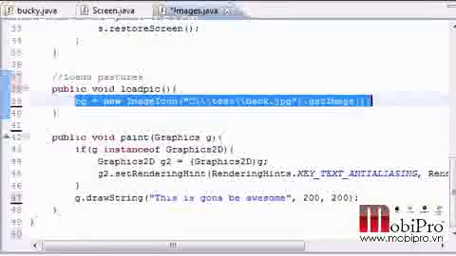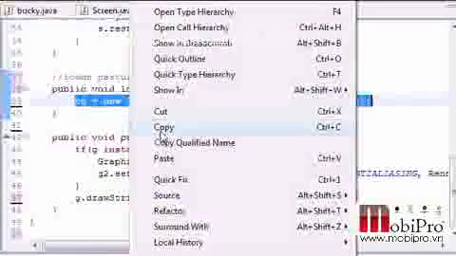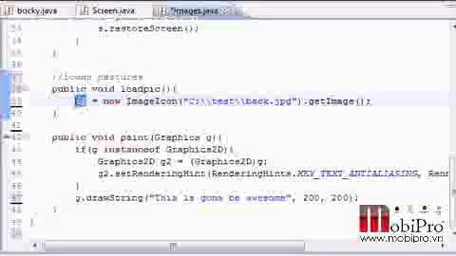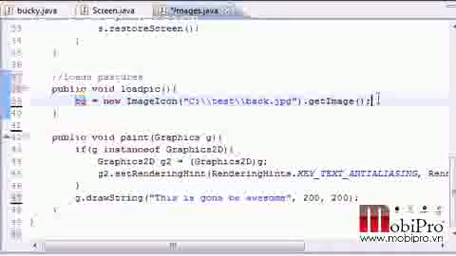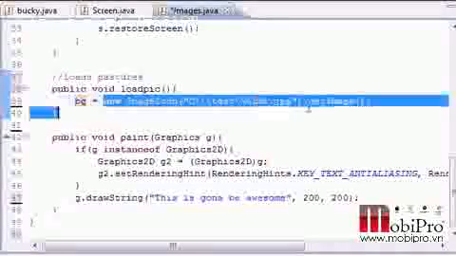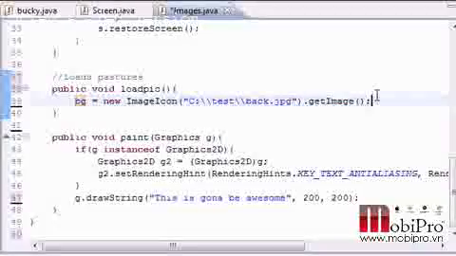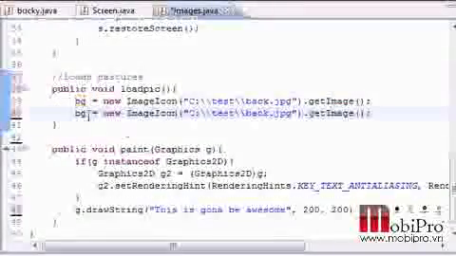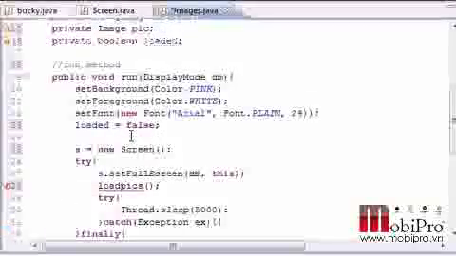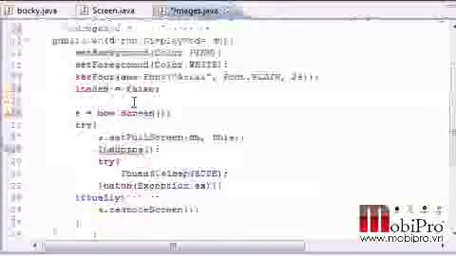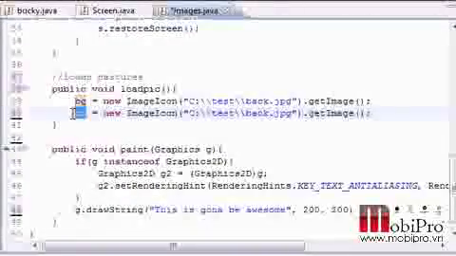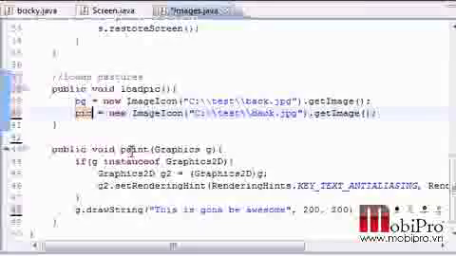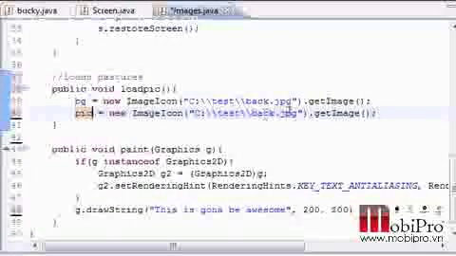So now we have our background image loaded into the variable bg. Anytime we do anything with bg, it's this image. I mean, come on, do you really want to type that every single time you use the background image? I don't. So next, let's go ahead, what did I name my other variable? Pic, right there. So we'll set pic equal to new ImageIcon test, and this is actually